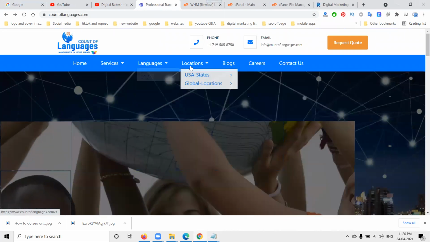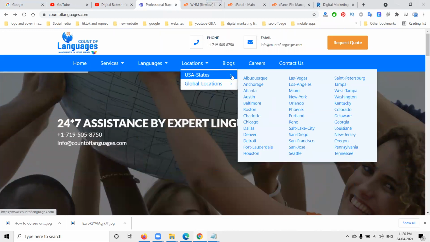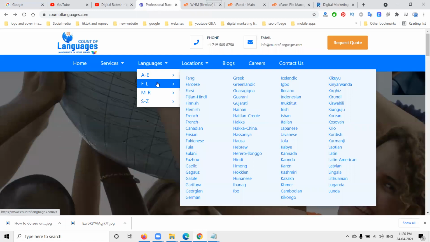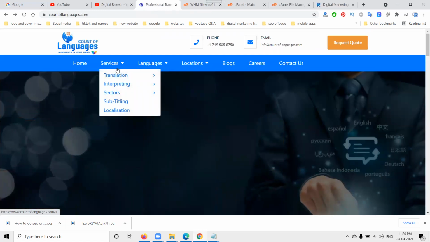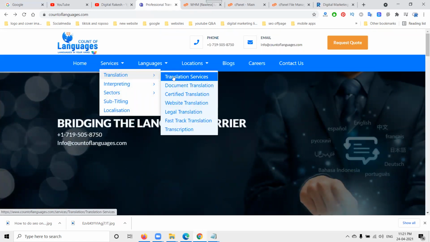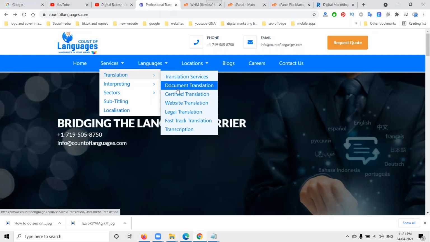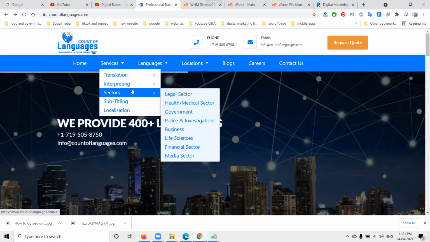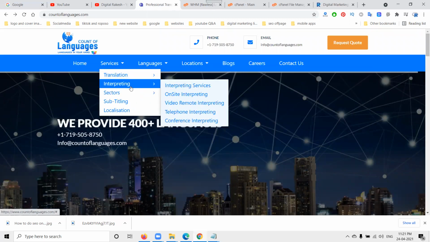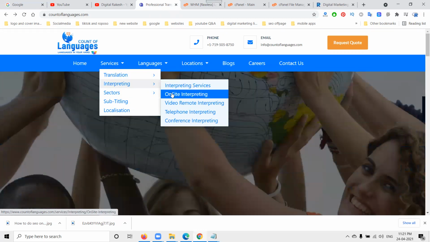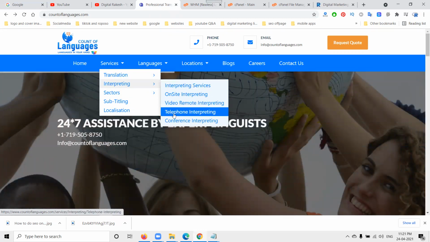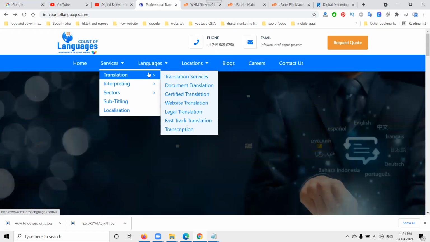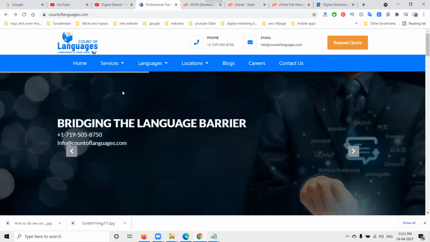It provides language translation in the states of the US, with translation and interpreting services. They provide services like document translation, certified translation, website translation, legal translation, fast track translation, and interpreting services: on-site, video remote interpreting, telephone interpreting, and conference interpreting. These are all the services provided, given in a particular Count of Language.